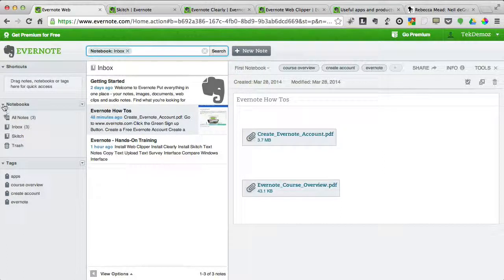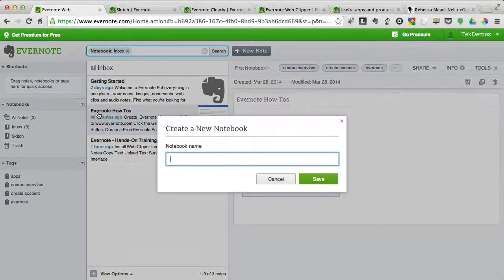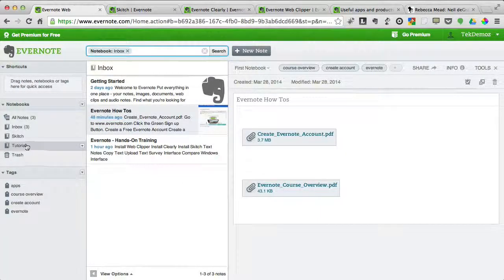But then under the notebooks section, I want to create a new notebook, and I'll call this Tutorials. Could call it Resources, whatever, but I'm going to call it Tutorials, and I'm going to use this to keep any notes that I create that deal with tutorials, how-tos, things of that sort. So this one, this Evernote how-tos right here, I can click on this and I'm just going to drag that